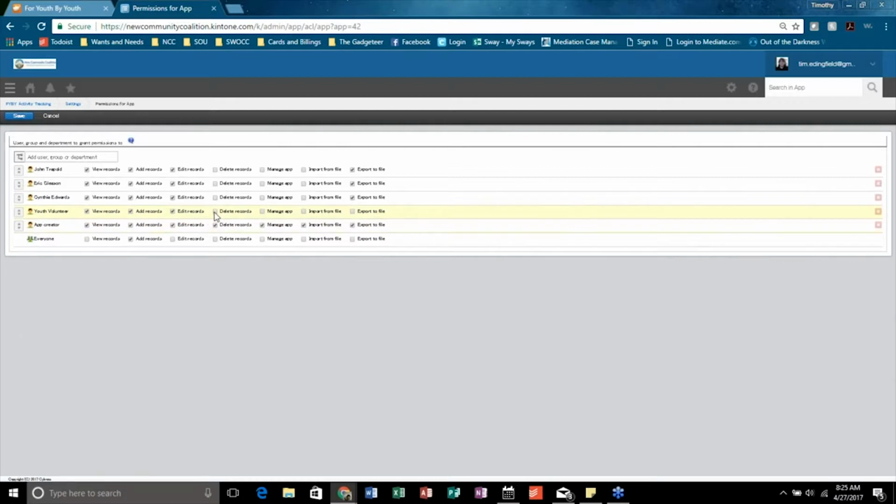The other cool thing that Kintone allows is it allows you to import from files. So for those of us that have Excel as our main data place, we can take our Excel spreadsheet, upload it into the Kintone database, and it all speaks the same language.